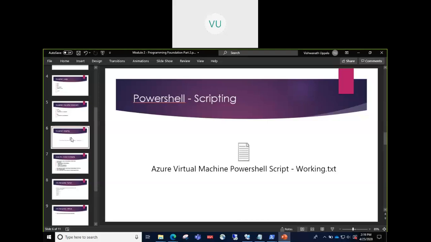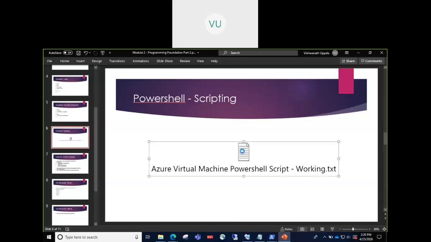Even for PowerShell, there are certain repositories on GitHub where you can go and find these commandlets. And you don't have to create it from scratch, right? Even the Microsoft documentation will provide you that basic skeleton or the basic script. Yes. Now you can go use and edit that.